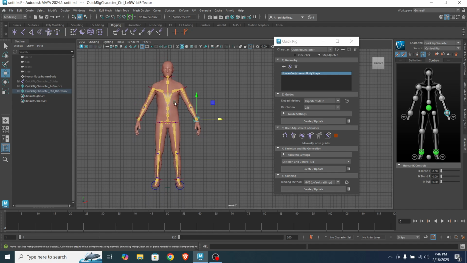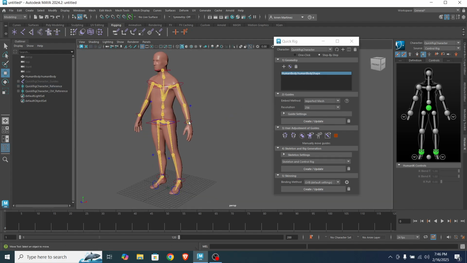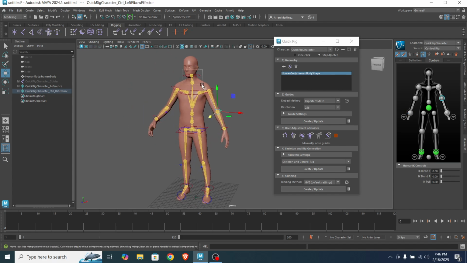So we will bind the character to the skeleton that we generated. If we click create and update here in skinning, you see, we can now change the actual pose, the actual gesture of the 3D human character that we placed here in our grid.